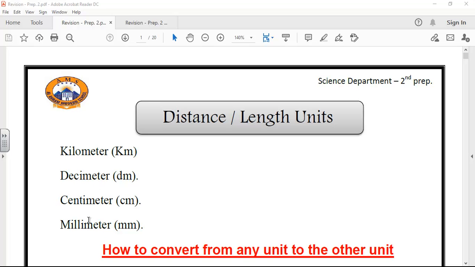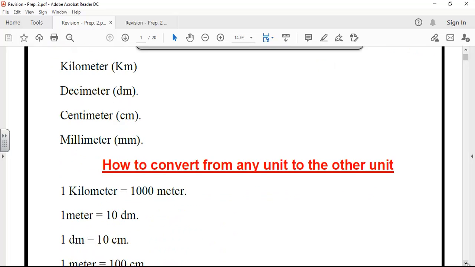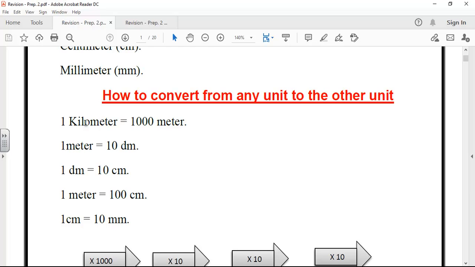or centimeter or millimeter. What is the difference between them, or how can we change from each one to the other one? It is so easy to change any one of them, but let us understand this one first. As you can see here, 1 kilometer equals 1000 meter, while 1 meter equals 10 decimeter, and 1 decimeter equals 10 centimeter. So we can conclude that 1 meter equals 100 centimeter, while the last one is 1 centimeter equals